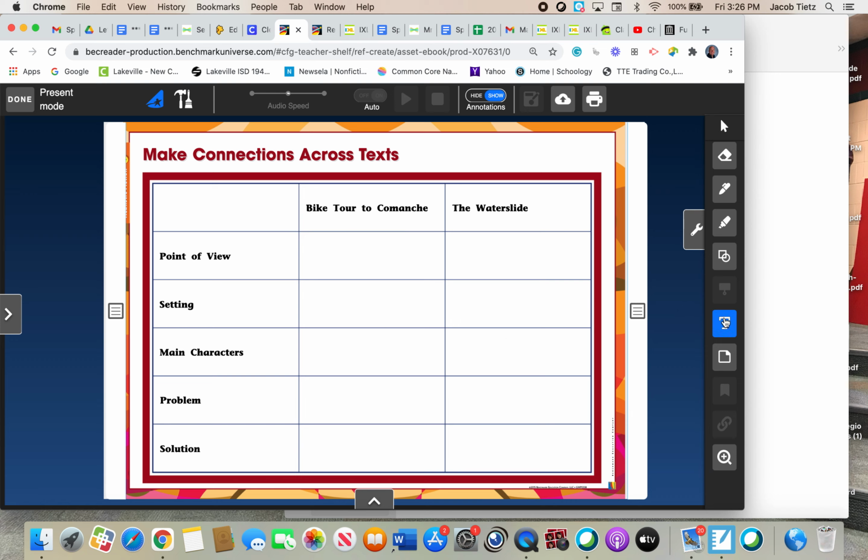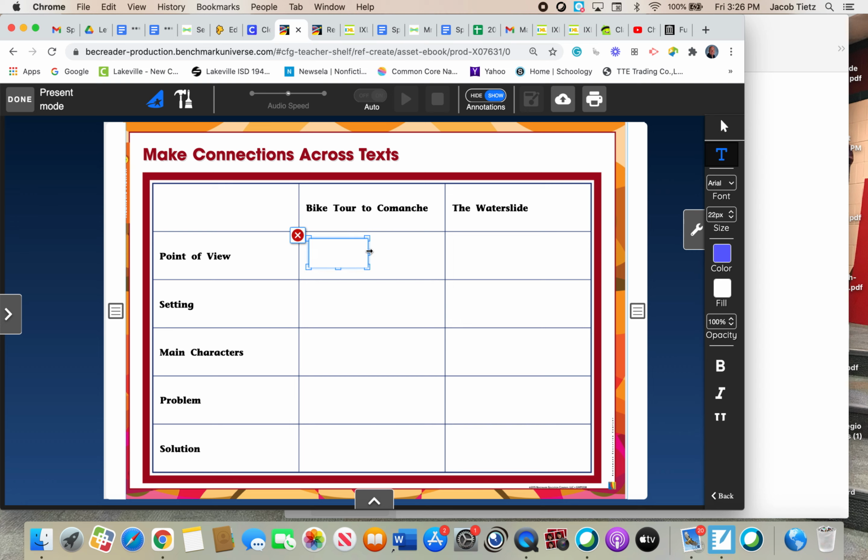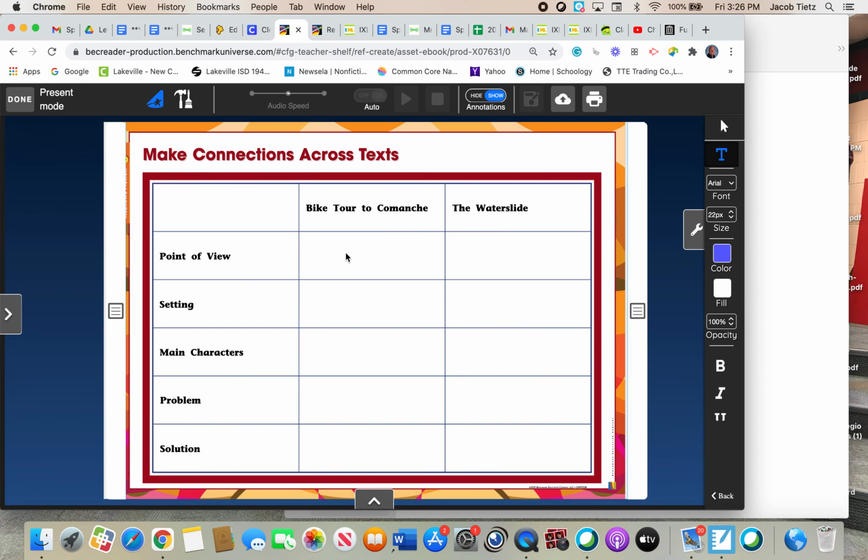First question is point of view. And as you remember, point of view is either a first person or a third person based on how the story is told. And this one, if we look back at it, I didn't know how much longer I could pedal my bicycle. When we see that, we know that that is what is called a,